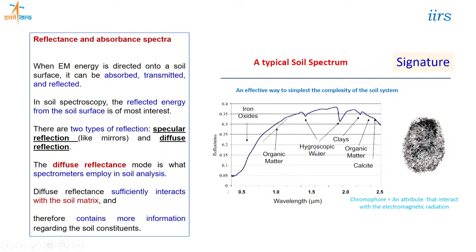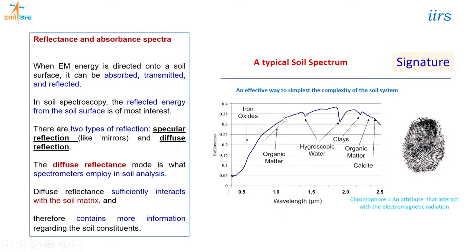It is sensitive to hygroscopic water. It also indicates clay minerals, but mainly clay is at 2.1 micrometer. You can see the clay minerals. Organic matter you can say at 2.4 or 2.3, and calcite minerals you can get at less than 2.5 micrometer. Here, from 0.5 to 0.7, you can use this wavelength region for mapping of iron oxide,